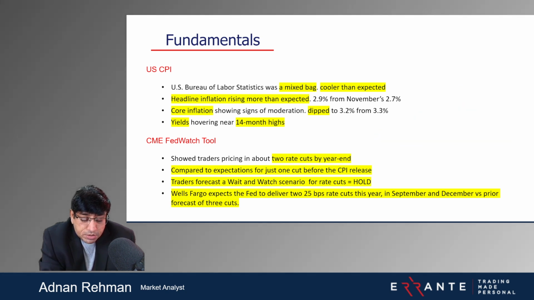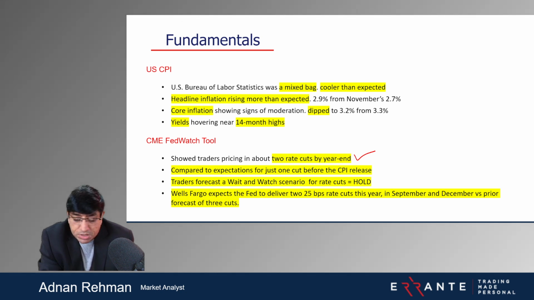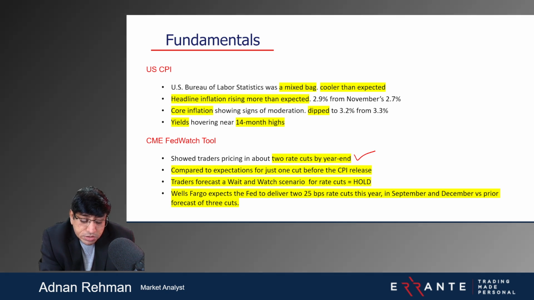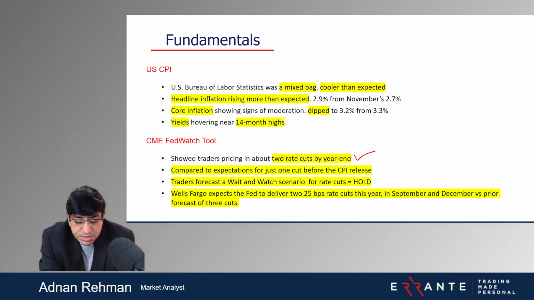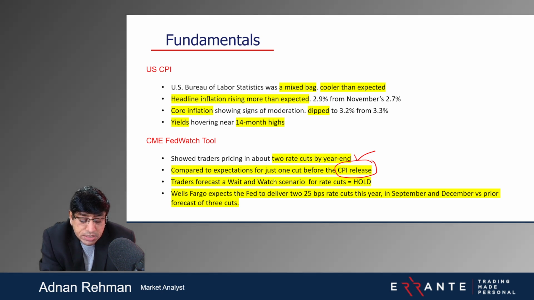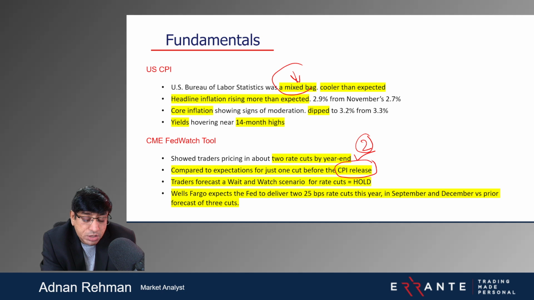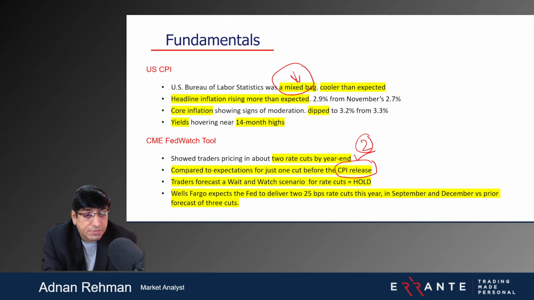Now let me explain. What we know from the Fed watch tool is that there can be 2 rate cuts by the year end. Keep these things in your mind, or you can take a screenshot or watch the video again later. This compares to just 1 rate cut that was forecasted before the CPI release. We had the CPI release; before it, only 1 rate cut was forecasted, and now they are saying they can go for 2 rate cuts. Keep this in your mind. This is something I really need to explain further, so you will have a brief view of what I'm saying.